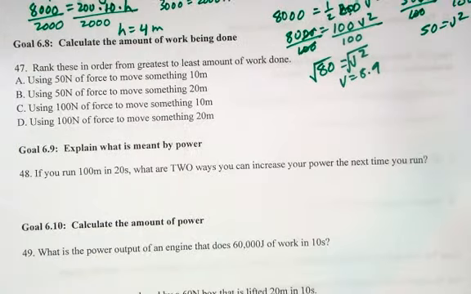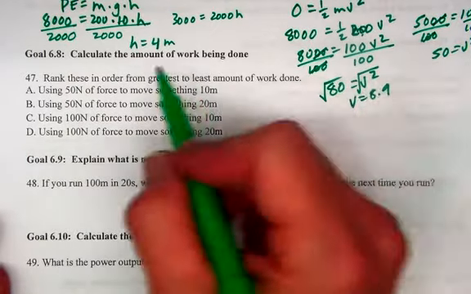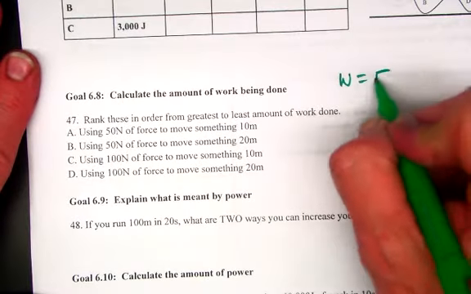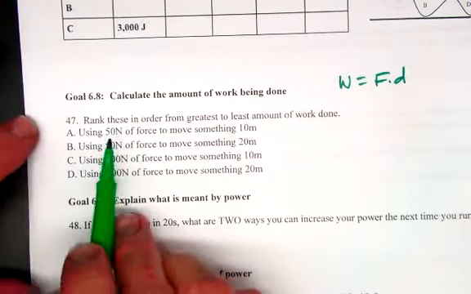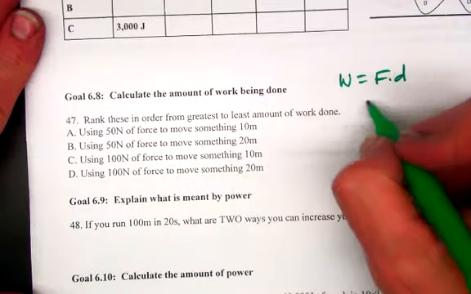This video is going to show you how to calculate work and power. The formula you need for work and power is work equals force times distance. So to rank these in order from greatest to least, we're going to take the force of